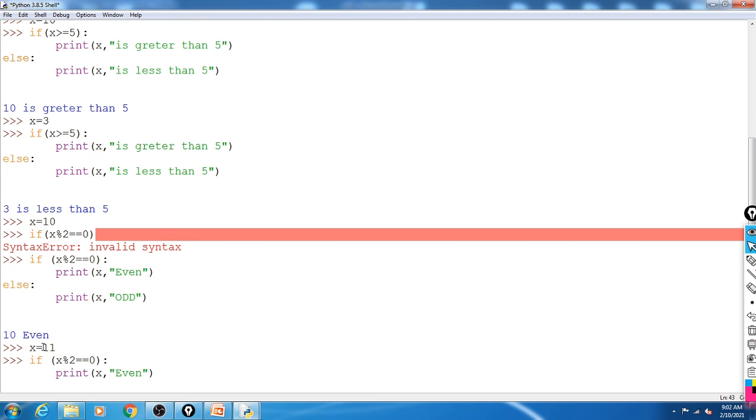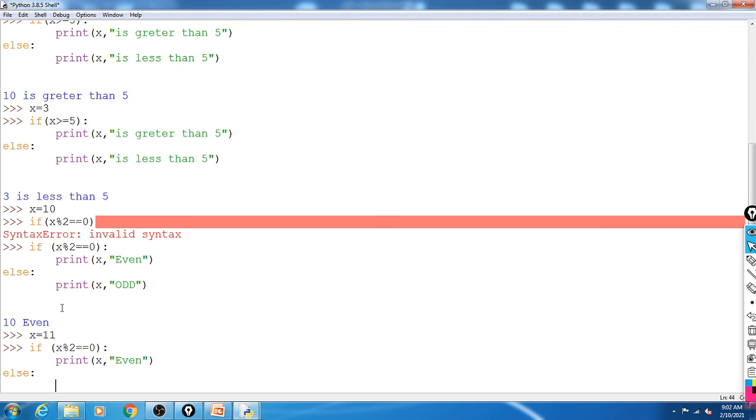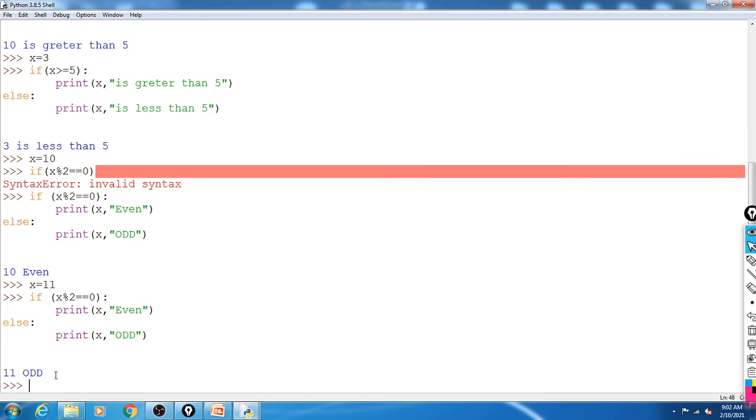Okay, next the else part. You don't paste like this, you should type the text. Print x is odd, so what does it give you? 11, that is odd. So here you will get the output even for 10, and here you will get the output odd. Okay, so this happens when we use this environment.